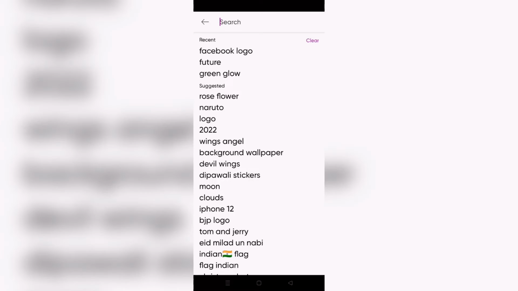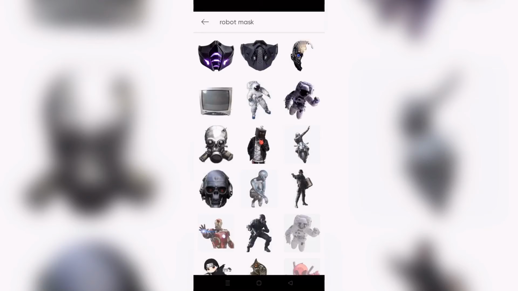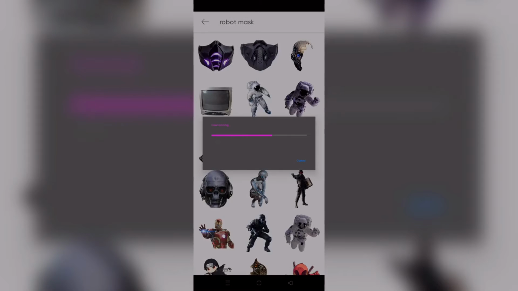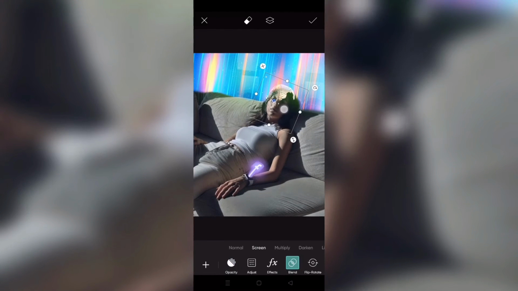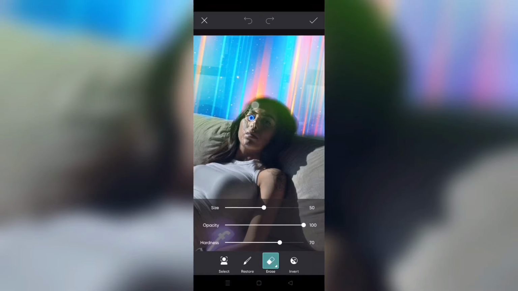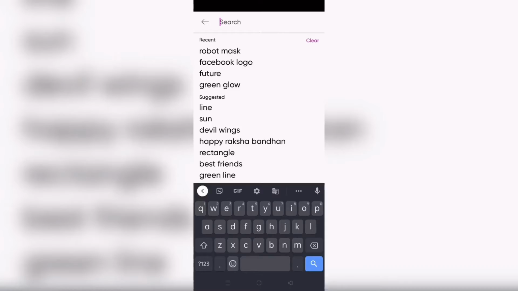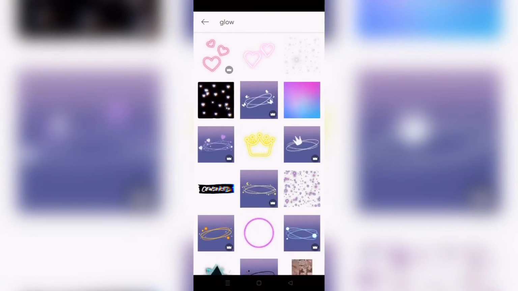Now I want some futuristic robot mask, so I go to the sticker section, search robot and then select this cool mask. Now blend to screen and remove some extra parts of this. Now that looks great. Now I want some futuristic tattoo, so go to the sticker section